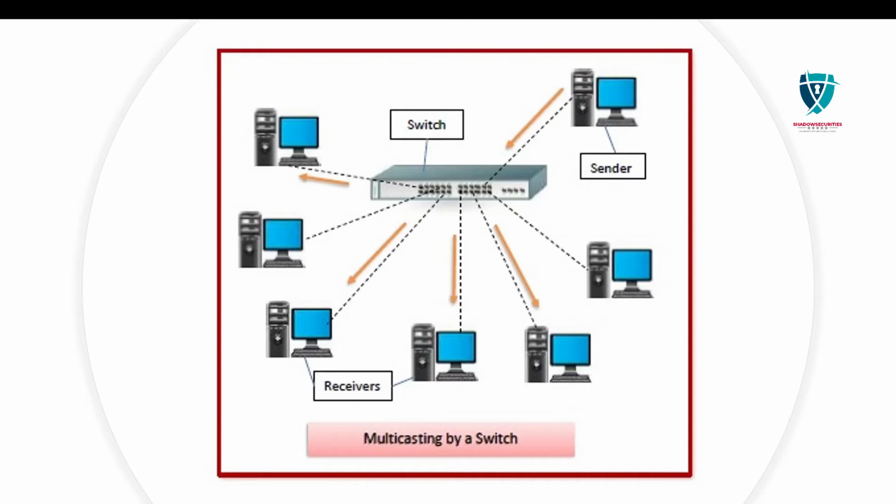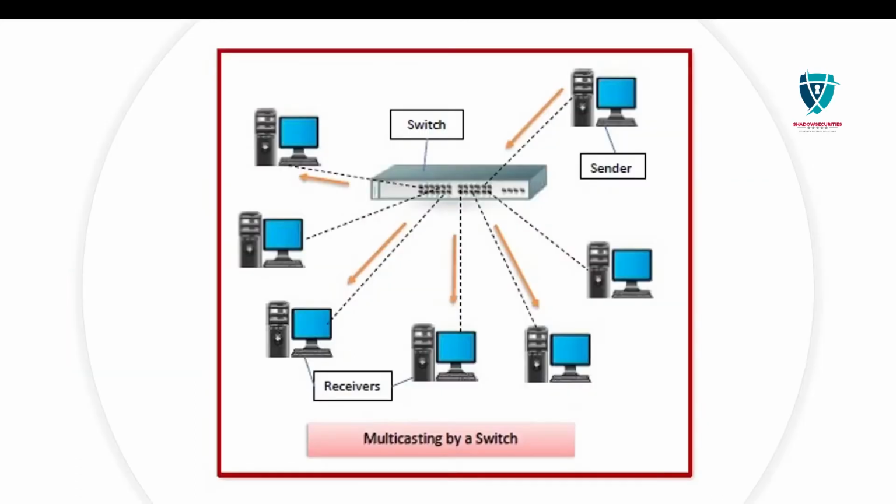over the network. A switch has many ports to which computers are plugged in, as you can see in the display. When a data frame arrives at a port of the switch, it examines the destination address, performs necessary checks, and sends the frame to the corresponding device. It supports unicast, multicast, as well as broadcast communications.